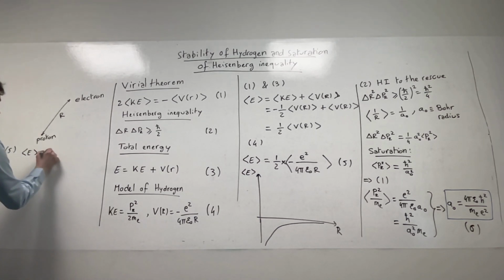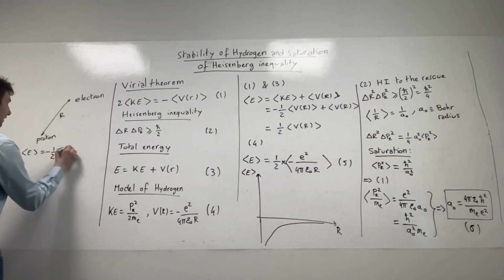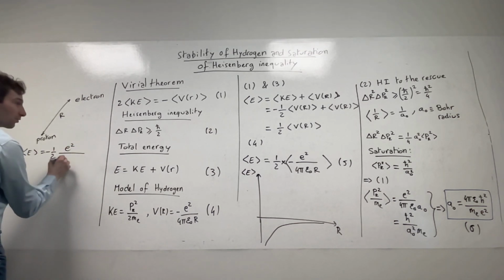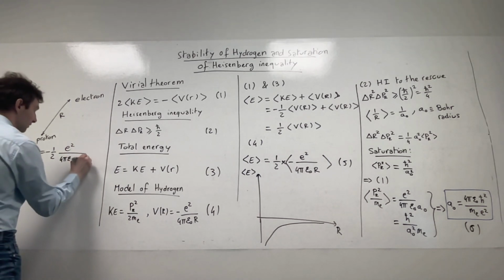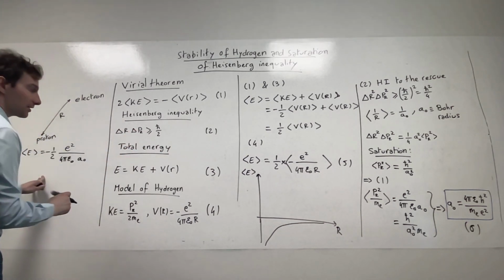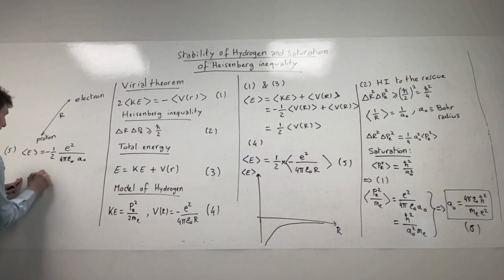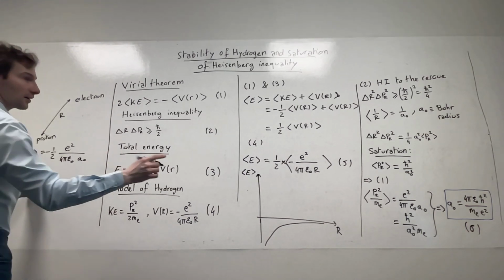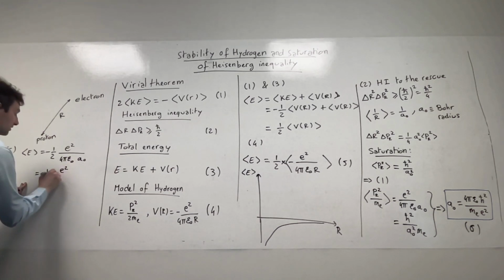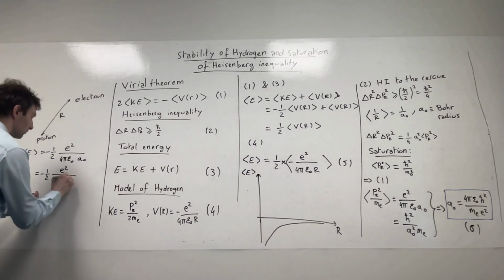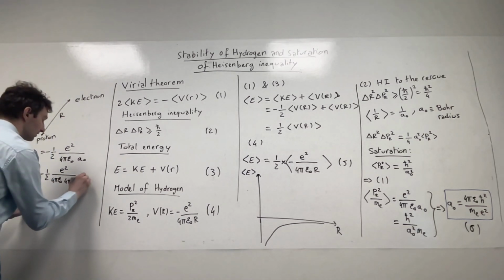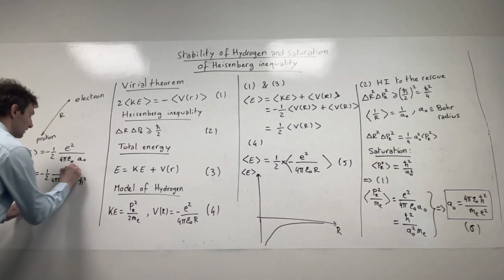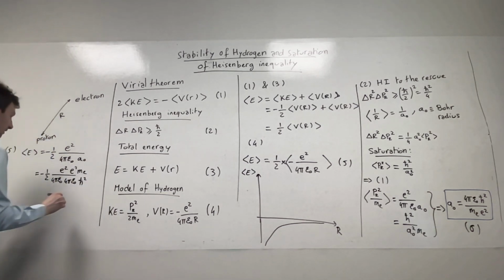So this is minus a half, and then e² over 4πε₀ a₀. And then I need to substitute a₀ here. So I'm going to get minus a half, and then let's continue with e² over 4πε₀, and then I need to substitute this. So I've got 4πε₀ħ², and then e² m_e. So this gives us,